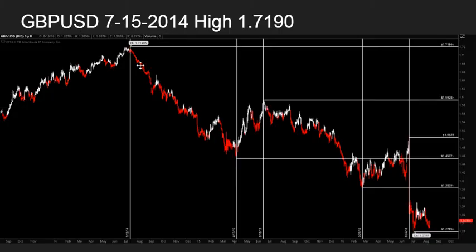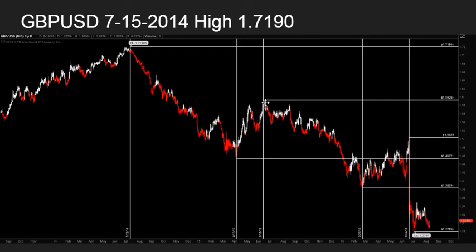The pound, which I've been trading a lot, made a high 7/15/2014, 171.90. For studying time, you want to study why did it make a high here, why it made a pivot low here on 4/13, why it made a high on 6/18, why it made a low on February the 29th, why it made a swing high on the June 24th, and as of right now, we made a low on July 6th. Why is that happening? Do mathematics on that.